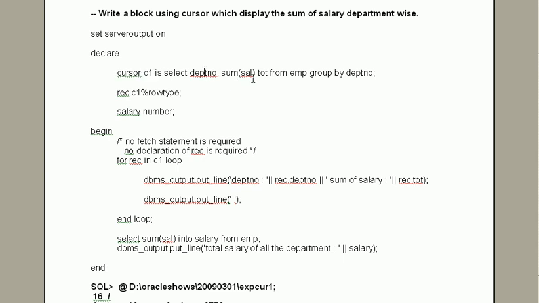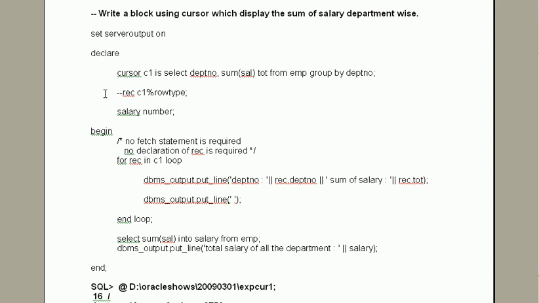This cursor can contain 2 columns, one total and department number. REC is the row type variable which is automatically declared in the for loop, no need to write it over here, but we have written it to explain that REC is there. It will be declared of the row type of the cursor C1, and we are printing the data.